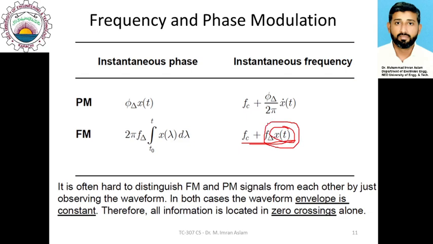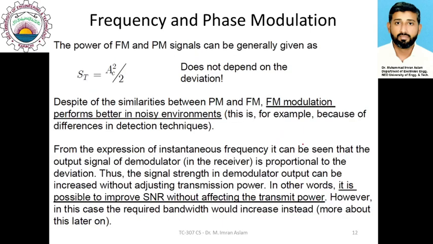So if we increase the value of F delta, this factor gets increased, and eventually we get a better signal to noise ratio. But the drawback in that case is that we need to have a larger bandwidth. So it requires bandwidth which is much larger than the previous case, so that